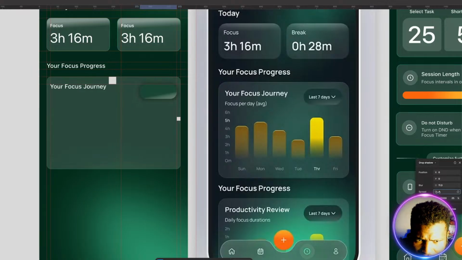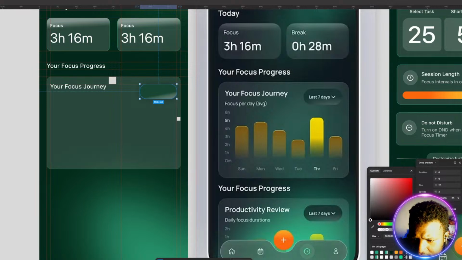Spread. Blur to 20. Spread to 2 maybe. We should be okay. Change the color to